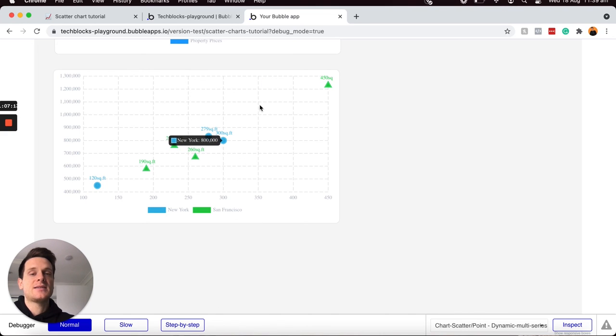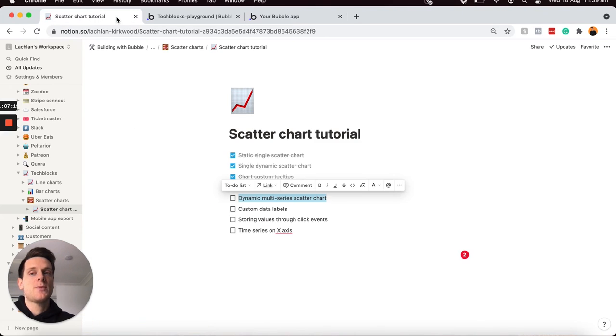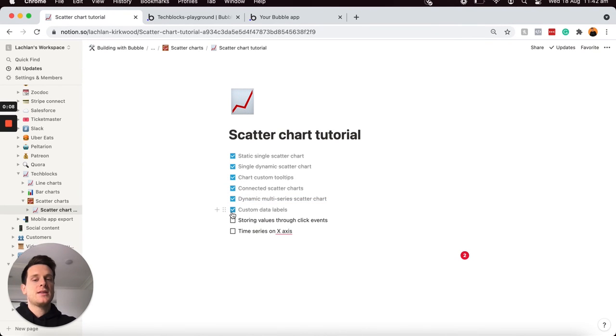Now, I'm not too concerned about customizing any other styling of this particular chart, but after we've added in this multi-series scatter chart, I'm going to jump over to my Notion checklist and tick off that we've added in our dynamic multi-series chart, as well as walk through the process of adding custom data labels into our chart, which can just be a nice alternative to creating a custom tooltip. The next feature I'd like to walk us through though is just the process of storing values through click events